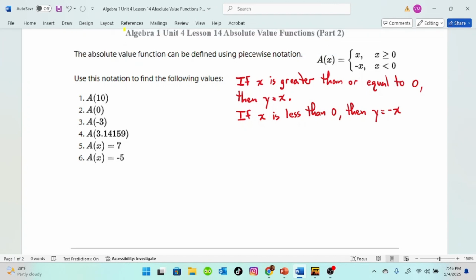So first, I'll take this top rule and I'll highlight it in yellow. And now we're looking for any x values that are 0 or greater than 0. And I'm going to highlight them in yellow. So that means number 1, number 2, number 4, then looking at 5 and 6, I'll come back to those. So for 1, 2, and 4,